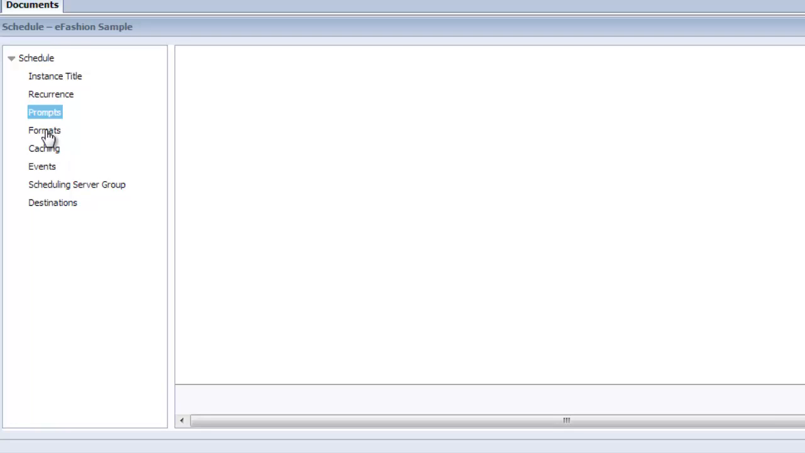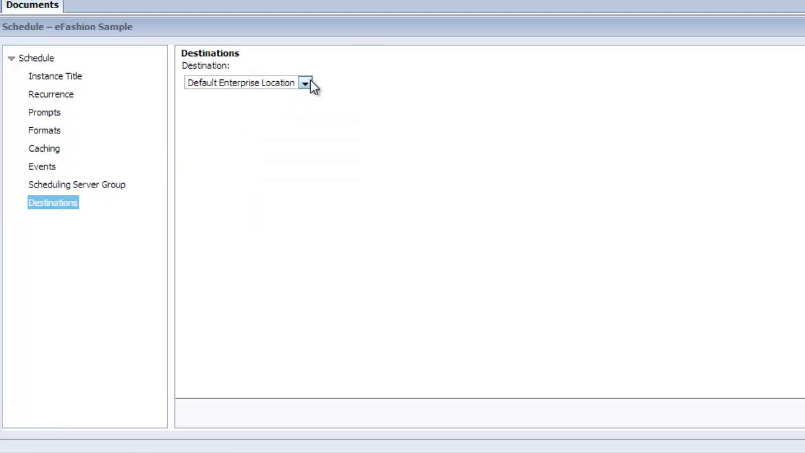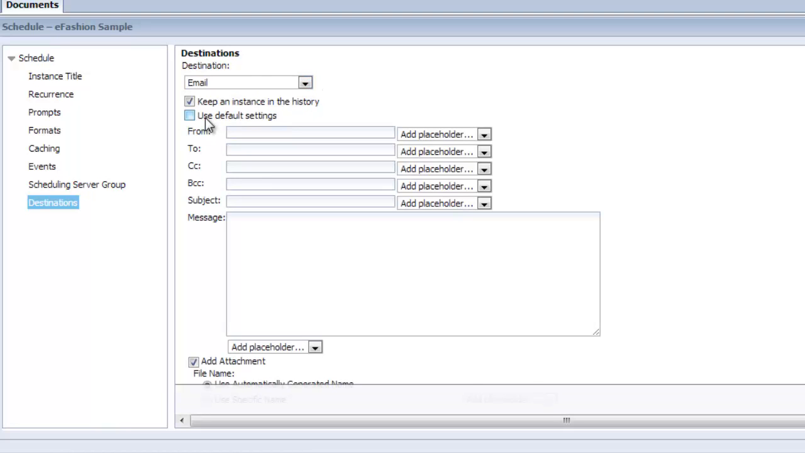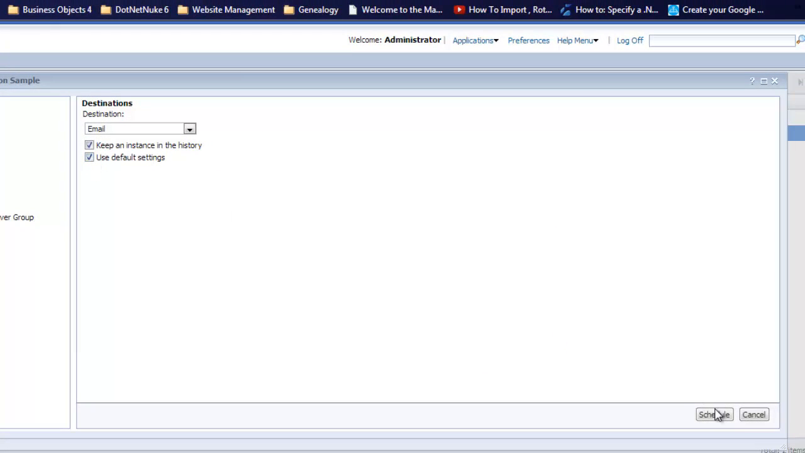And let's see, the next option I want to do is I want to schedule this report as a Microsoft Excel file. I'm going to skip over caching and events right now and scheduling server group. I'm going to go to destinations. In this case, I want to email this report to a specific person. I can fill in all of the fields on this form. In this case, I want to use the default settings that I set in the CMC, and I'm going to click on schedule,